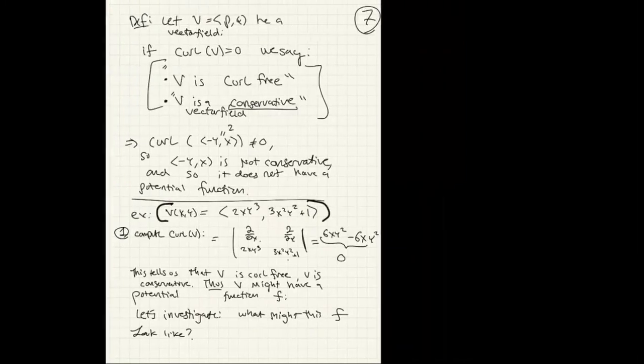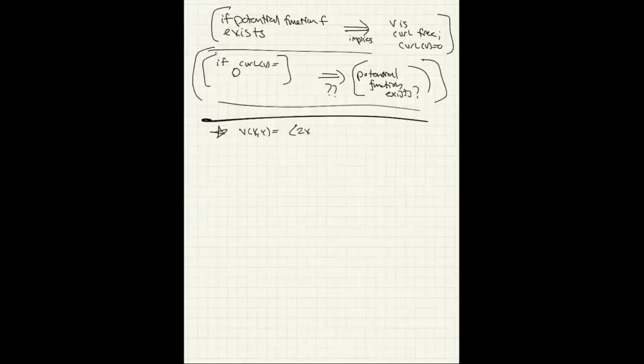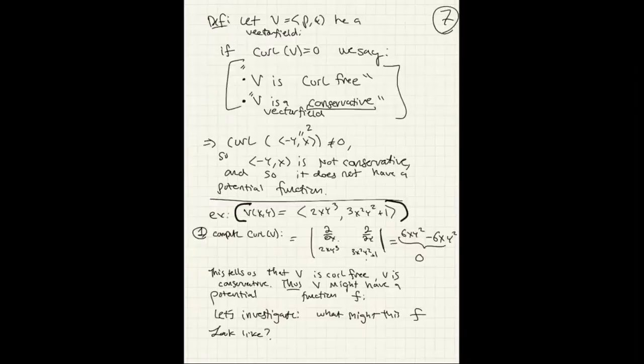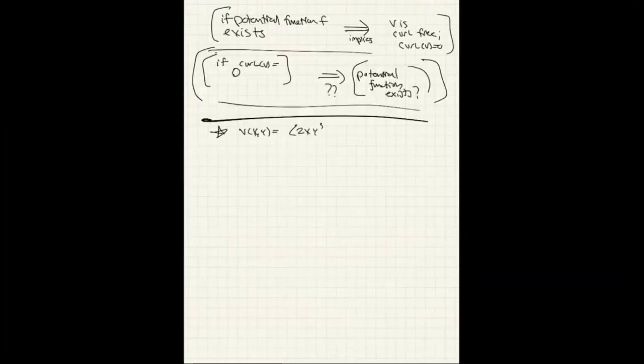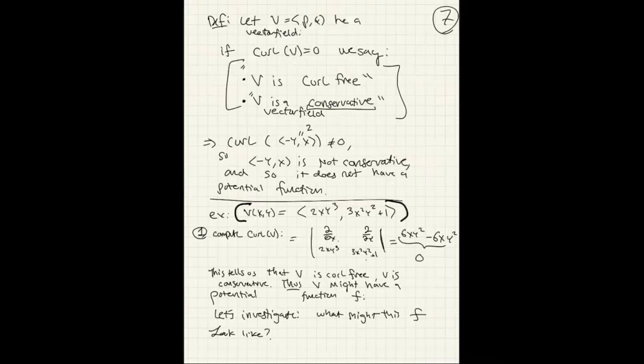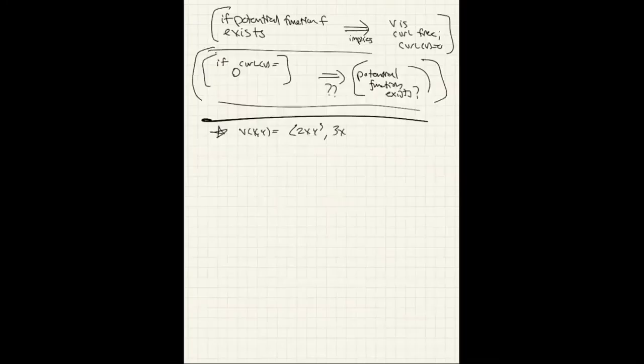2xy cubed, comma, 3x squared y squared plus 1, giving everybody car sickness. Okay, so if v were equal to the gradient of some f, which we're checking for, then we would have to have that